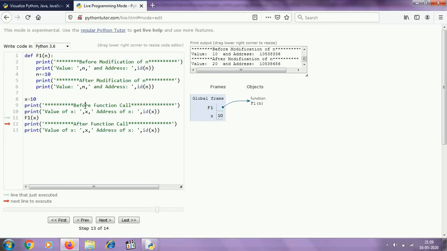In my next video I shall discuss local and global variables, and here we will discuss only passing different types of values to a function.